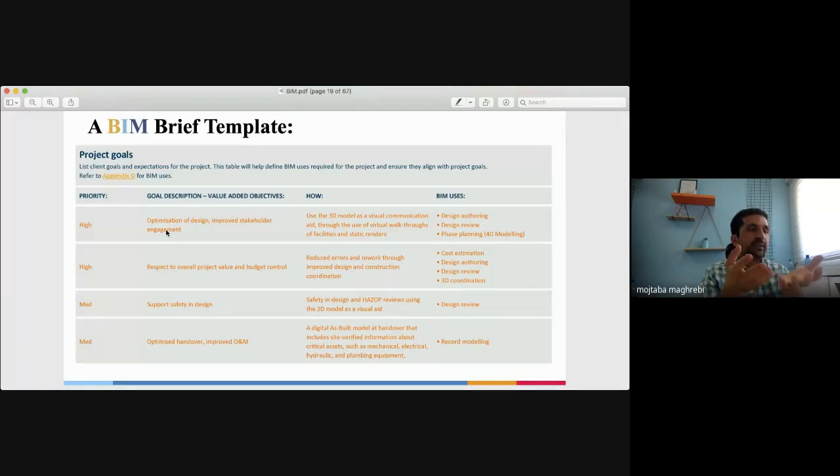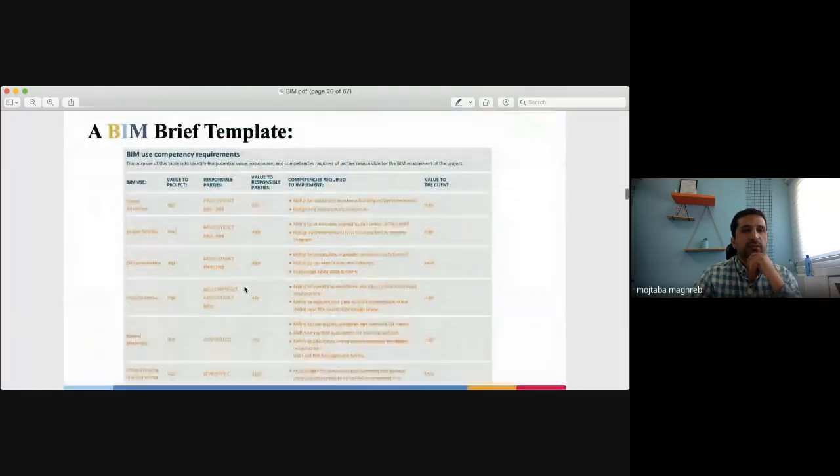Give them 3D walkthrough options. And who is going to use them? Design authorities, through the design reviews. You can see the rest of the examples in the slides. Because of the lack of time, I'm not going to spend much time on it.